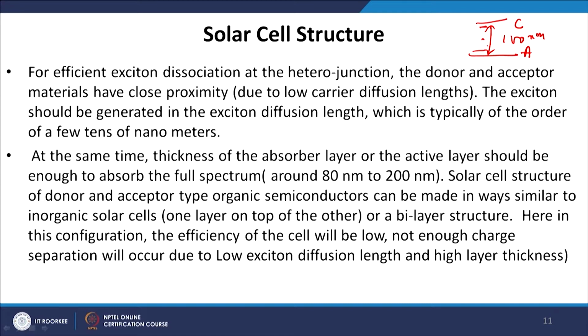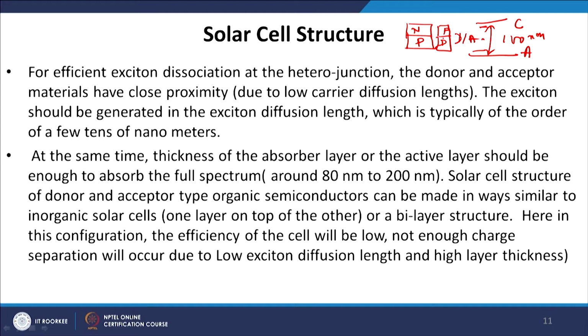So, that is one of the major bottlenecks of the organic semiconductor, and there are ways to prevent this, and that is called exciton diffusion length engineering. And in the ideal case, what we want is that the donor and acceptor materials which make this heterojunction, which you can imagine like a p-n junction. For an inorganic semiconductor, we have seen that we have two different layers, right? One is the n layer, another is the p layer. Similarly, in an organic solar cell, we have two different layers, one is the donor material, another is the acceptor material. Now, in the p-n junction, we first put a layer of p type semiconductor, and on top of that we diffuse the n type semiconductor.